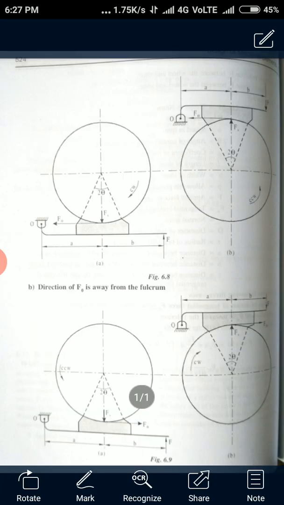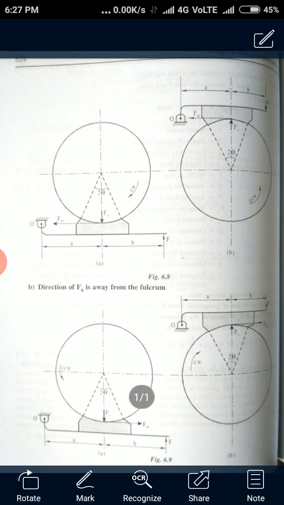So this is what the block or shoe brake looks like. Here you can see the hatched portion is called a block or a shoe, and that O is the fulcrum, and the force F where it is applied is on the lever. You can see the drum, which is rotating either clockwise or anti-clockwise, and the angle 2 theta is the angle made by the shoe or brake. It consists of a shoe, the hatched portion, and the lever. The shoe is mounted on the lever.